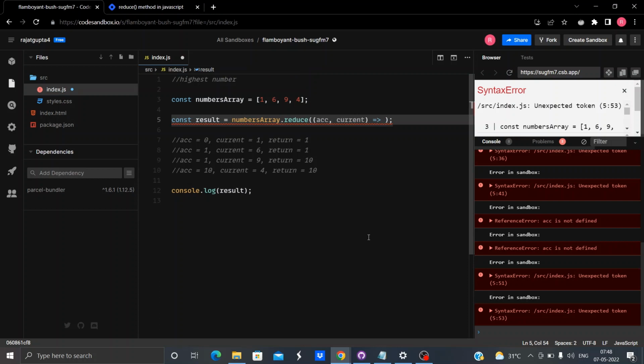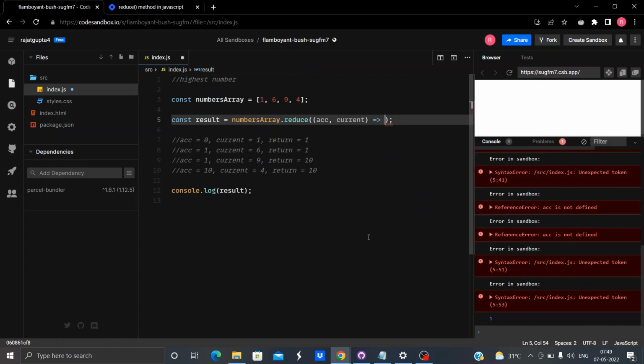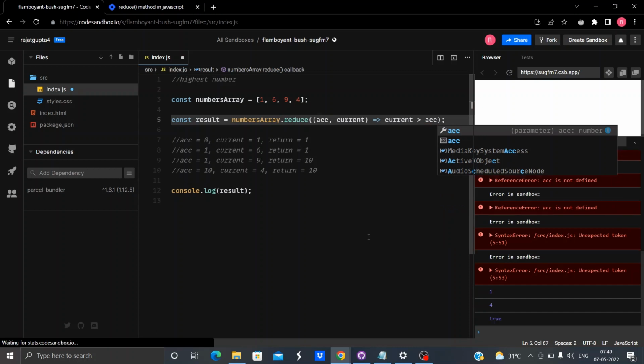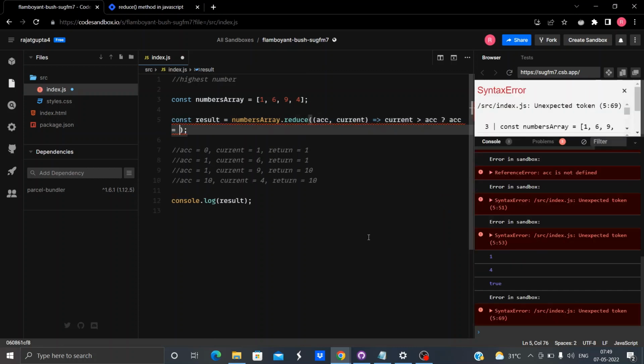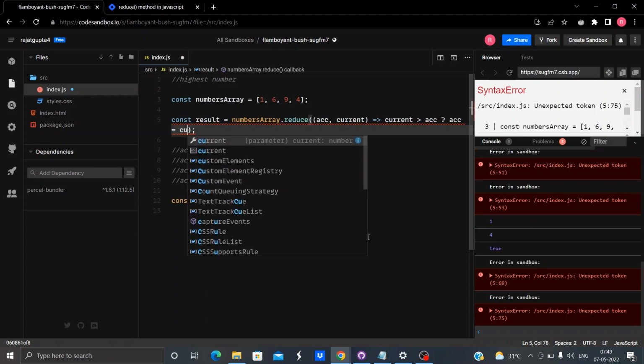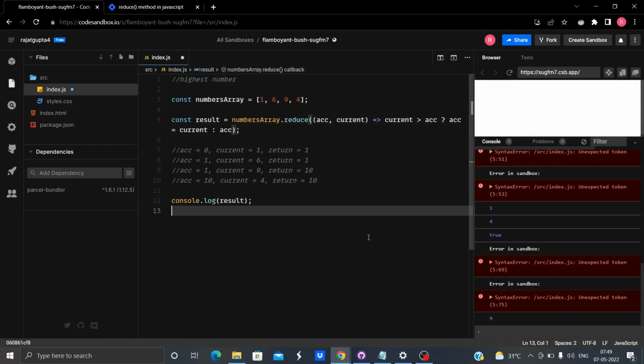Now what we'll check is, if current is greater than accumulator. Okay, if this is true, then store the value of current in the accumulator, else return accumulator as it is. And see, we got the right answer, 9, in the console.